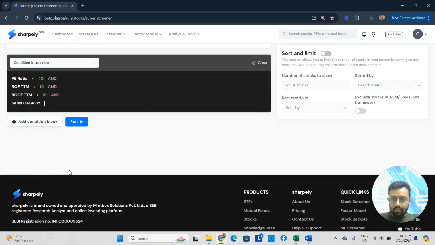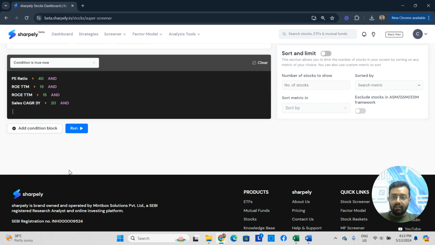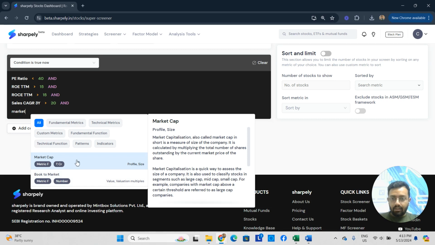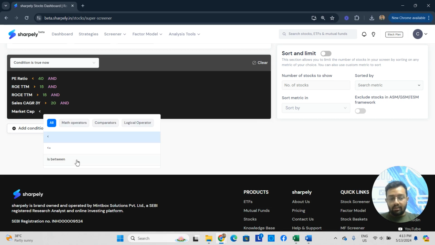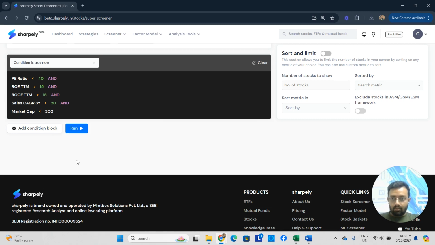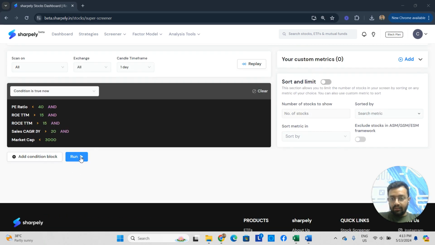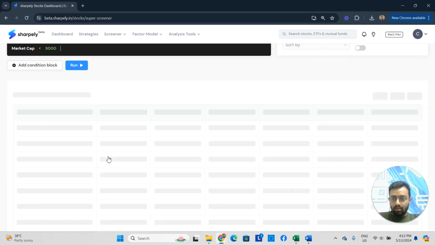So sales CAGR 3 year should be greater than 20 and I'll type market capitalization less than 3000 crore. So less than 3000. So I have created a basic screen here and now I'll click on the run button to see the results. So I'll click on run